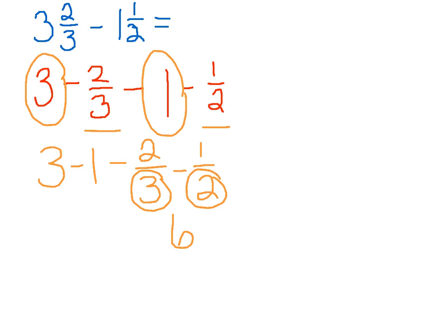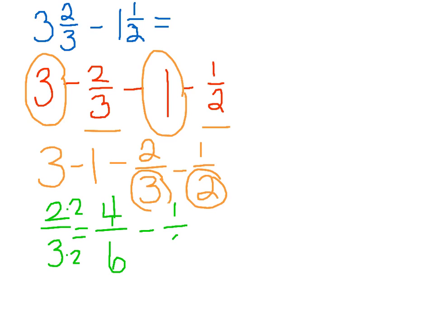So what I'm going to do is change the 2/3 and the 1/2 to equivalent fractions with a common denominator of 6. So 2/3 is something over 6. Well, I know that 3 times 2 equals 6, so I have to do the same thing to the numerator, which would give me 4/6